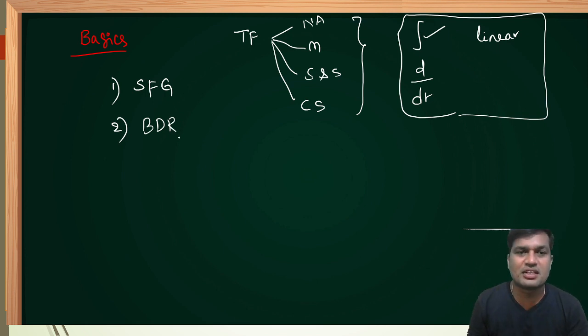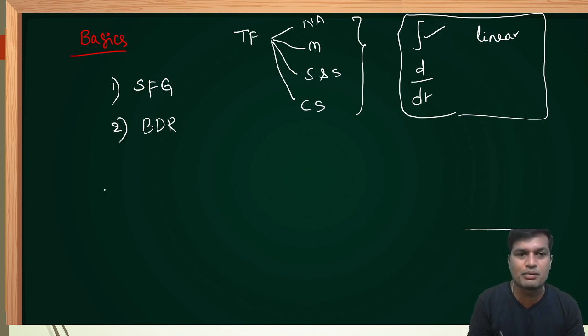What is the purpose of signal flow graph and block diagram reduction techniques? To reduce the mathematics like integrations and differentiation and linear algebraic equations. We simply use signal flow graph and block diagram reduction techniques to determine transfer function between cause and effect, where cause and effect is also called as input and output of the system. I hope everybody is clear.